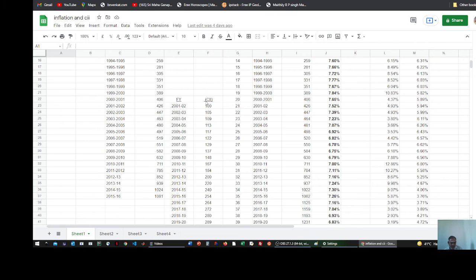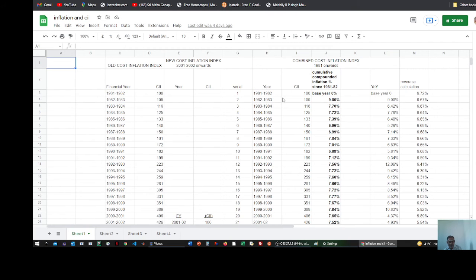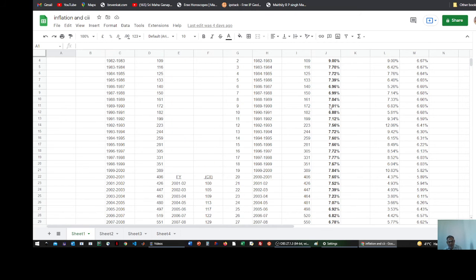Subsequent to 2001 we have a new cost inflation index released by the IT department, starting with 100, and in 21-22 it is 370. I have combined these figures together and calculated the combined index. The latest combined index works out to 1350, and the inflation was around 8%, etc., 7%